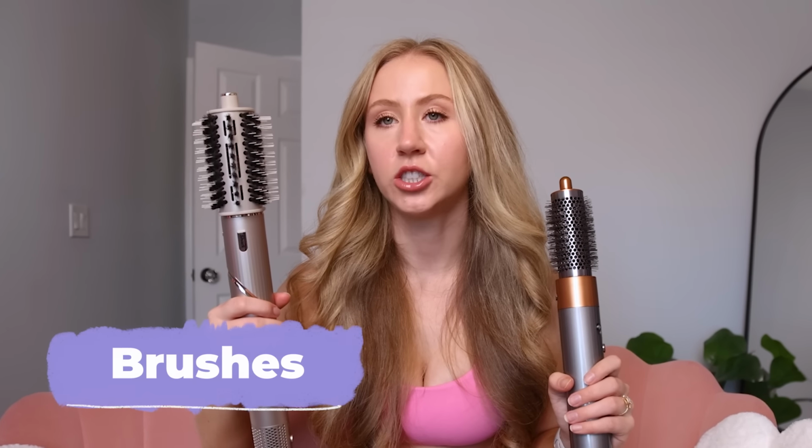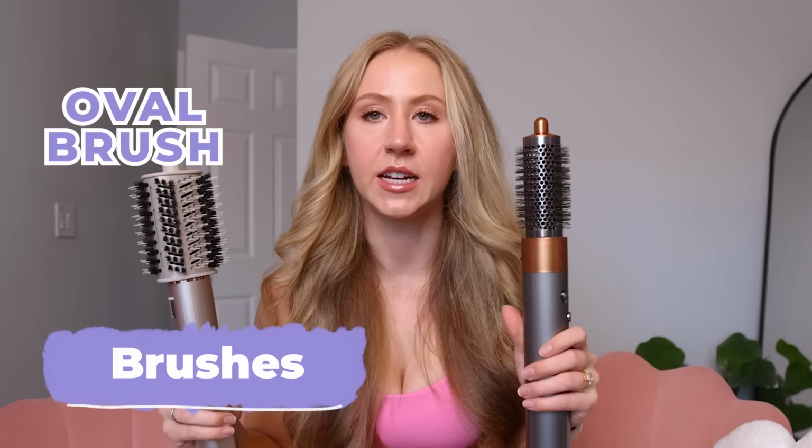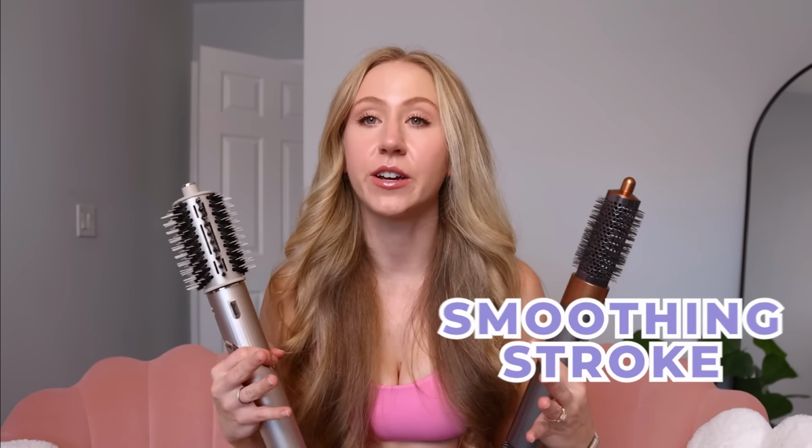As mentioned, the one that the Shark comes with is this oval brush and the Dyson comes with this round brush. I see a lot of people buying the Dyson for this little round brush, and I'm just gonna be honest and say that I don't ever fully style my hair with these brushes. I do occasionally just go through for a couple little smoothing strokes just to get rid of some of the frizz. And this oval brush, I wasn't sure about it at first, but it just really holds onto